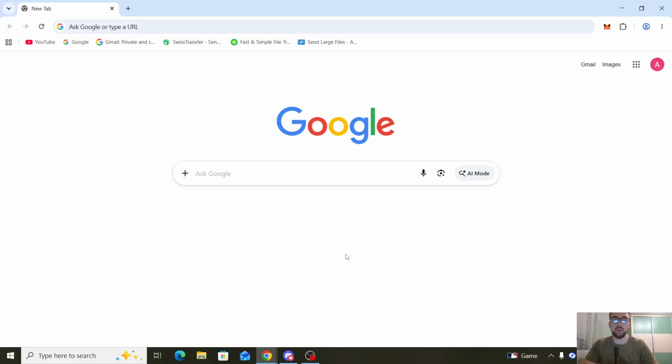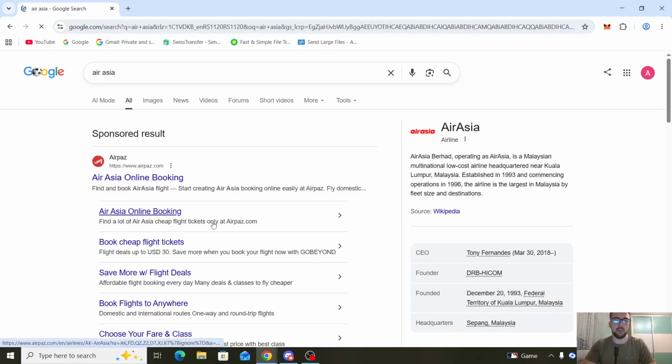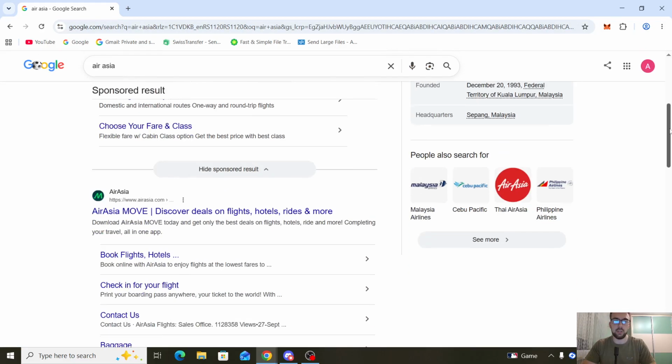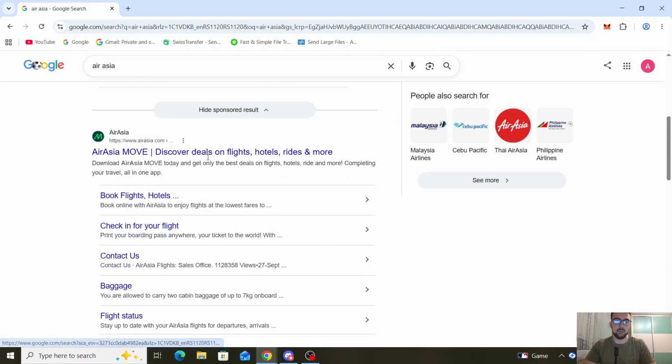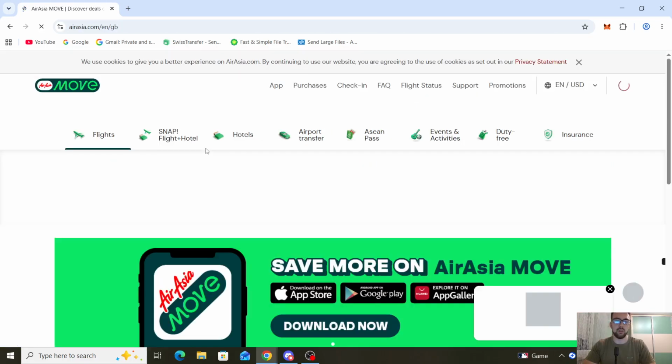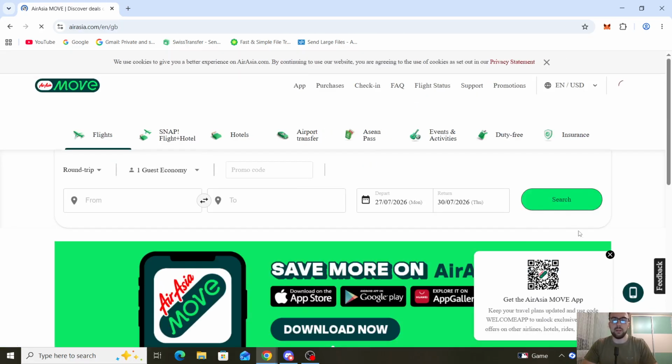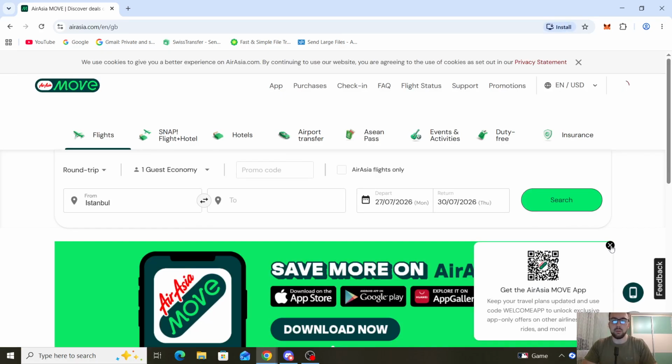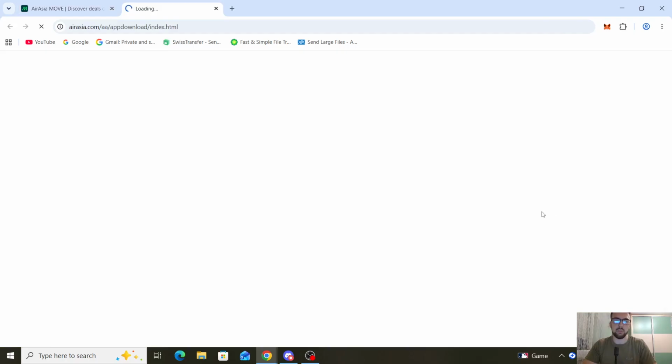Today I'm going to show you how to book an AirAsia ticket online. So the first thing you want to do is to type out AirAsia right here and get to your AirAsia account. So you can see AirAsia Move on here. So that will be going to the AirAsia Move app. So just make sure to open